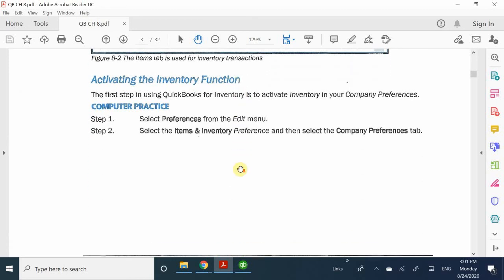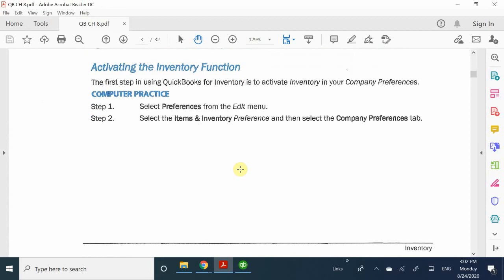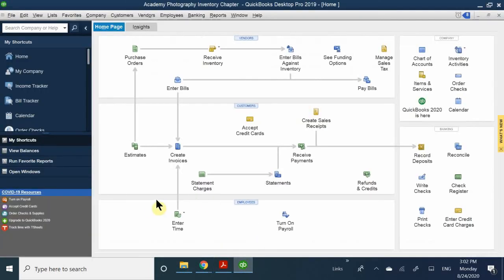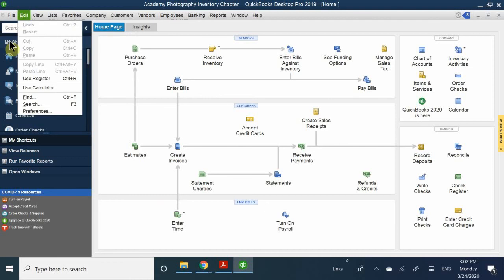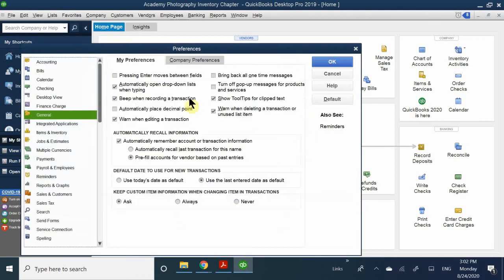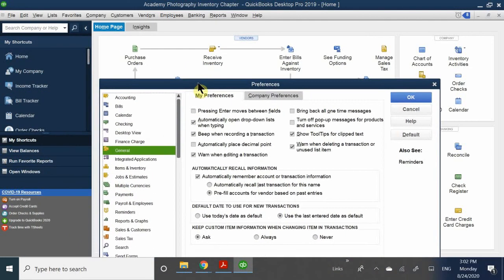Now, the first thing that we've got to do is when you first open up QuickBooks, if you bypass the easy step interview, then you're going to have to go to edit preferences to activate your inventory. In this case, I already have my inventory opened, but just in case, for any reason, you take away your inventory, then